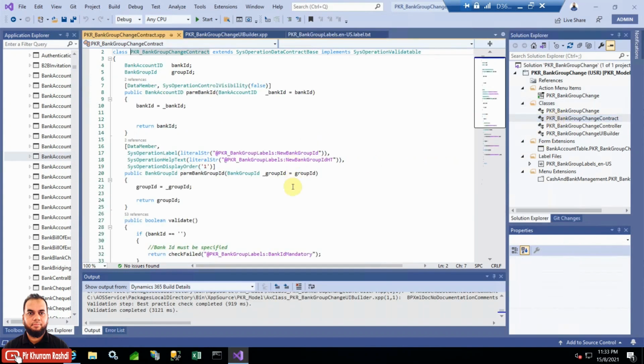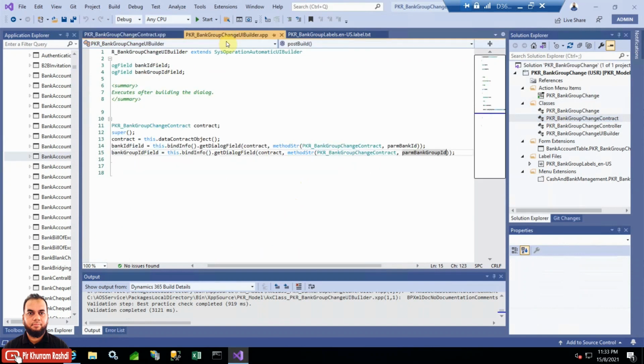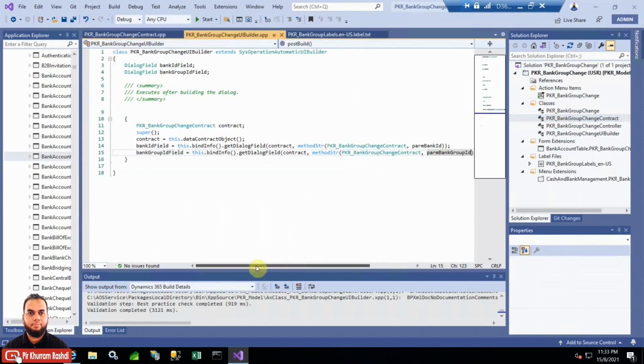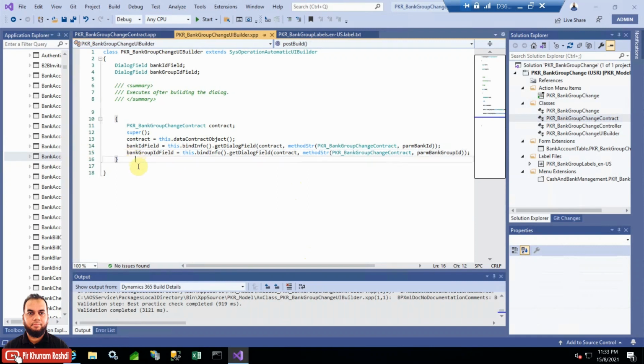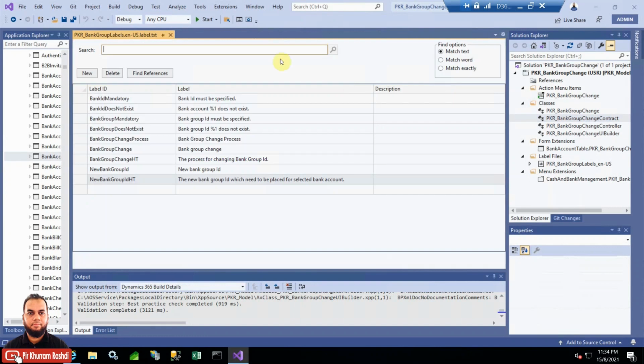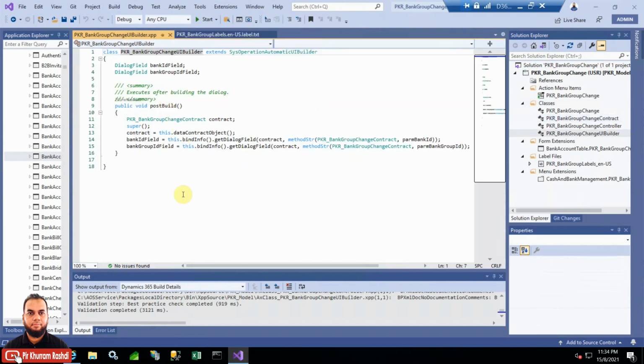Just let me check once more. Bank group ID, yes. So now we have bound our fields with our contract class methods. Now we need to handle our dialog field events, and just let me reopen it. So it's easy. Now you can check here the postBuild method, how it is now